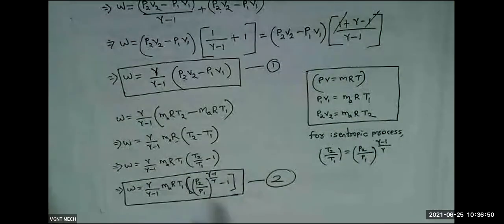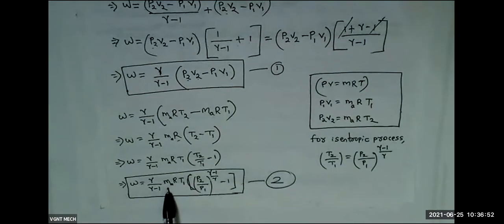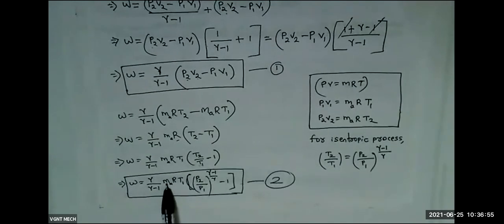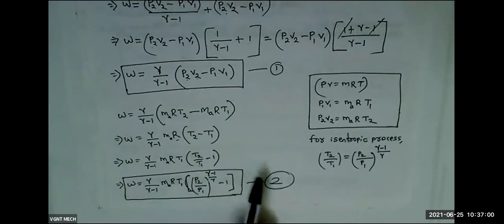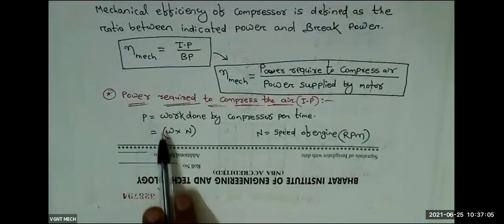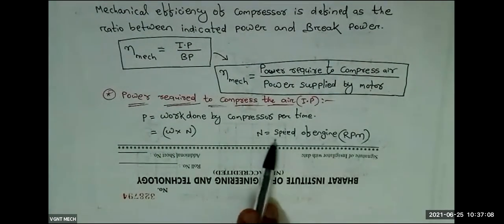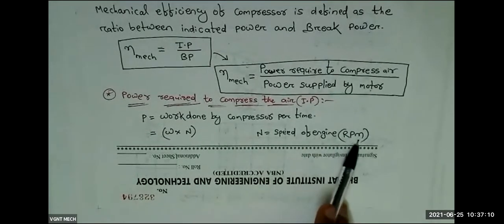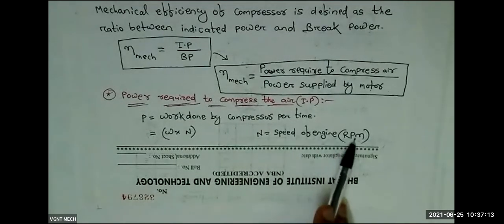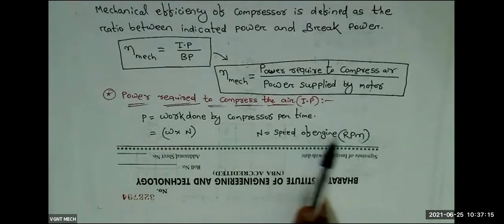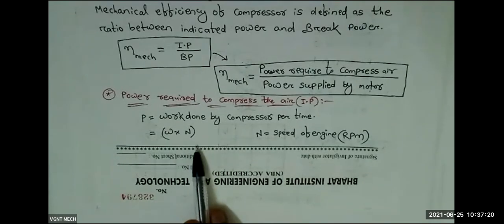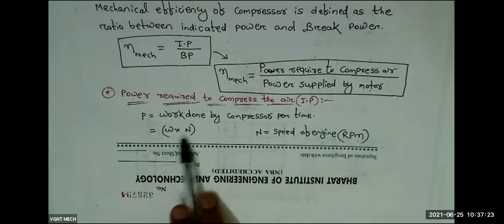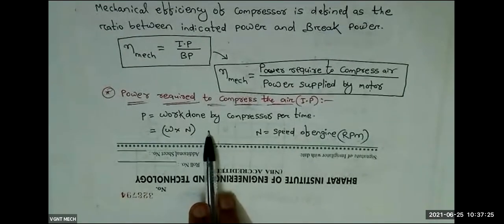So two things I am telling. Suppose in the question paper the mass value is given in kg. If you put the mass in kg, then the unit becomes joules, because the unit of work done is joules, but we require power. How will we get the power? We multiply by the speed of the engine, because the unit of speed is revolutions per minute. If we multiply this revolution per minute with the work done, we get joules per minute or joules per second, so we get the unit of power, or watts.